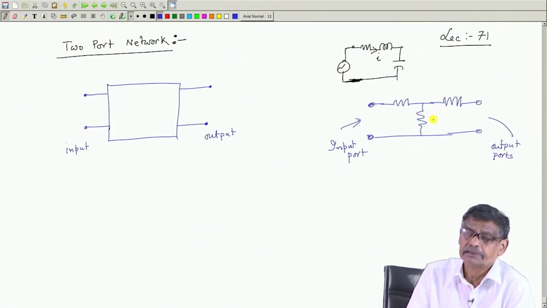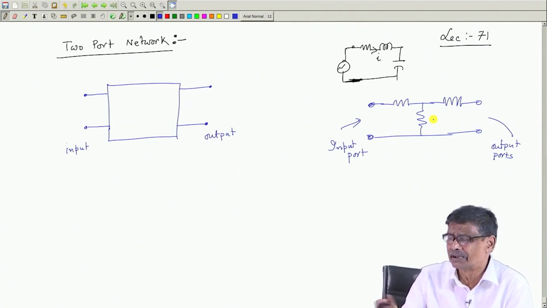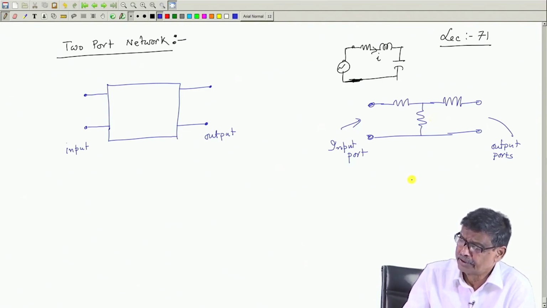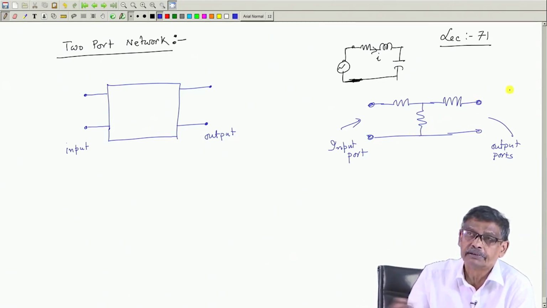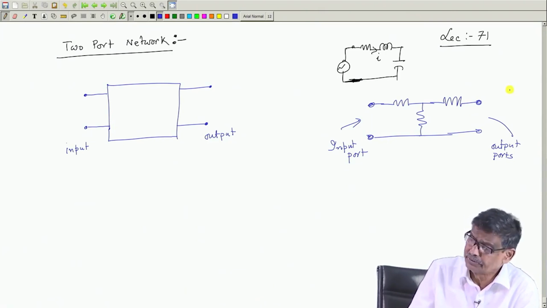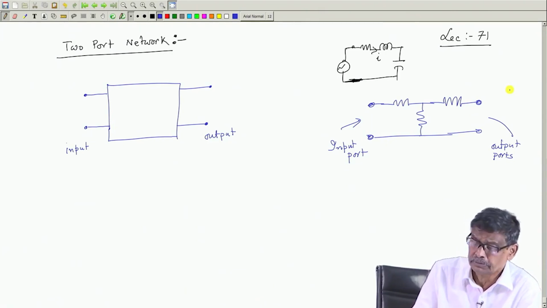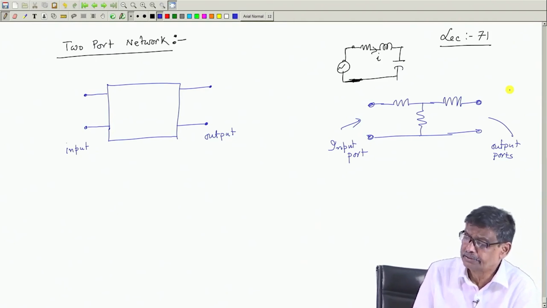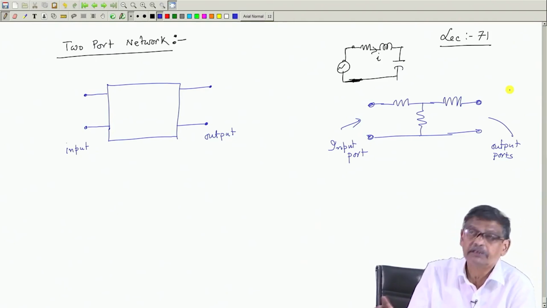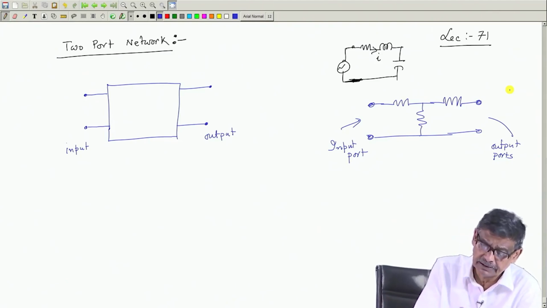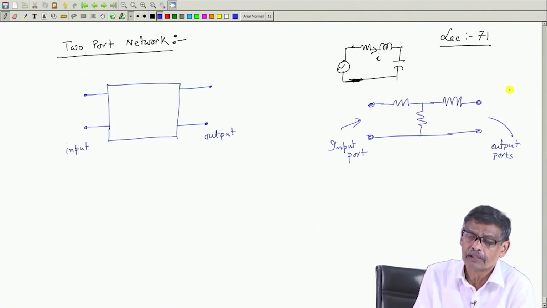And there are impedances in between. No sources should be present in this. Often this is the case. For example, in a transmission line, you excite the transmission line from one end, there will be line impedances coming in between, and at the output you receive the voltage with respect to the same common point here. So, first let us try to analyze a two port network from this perspective, that there will be a distinct input port and output port,